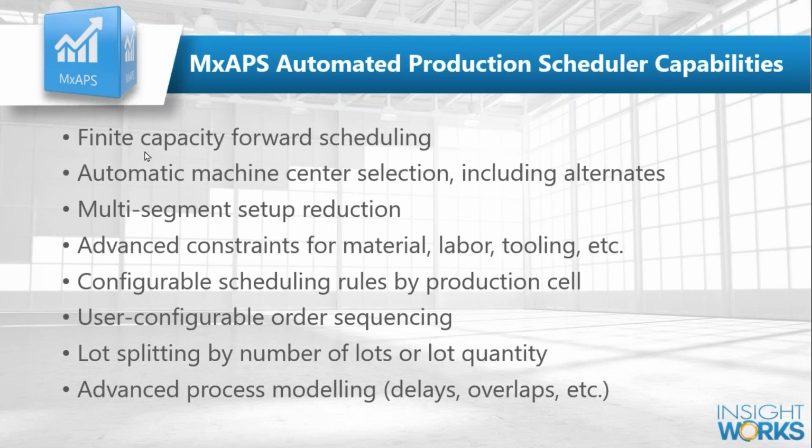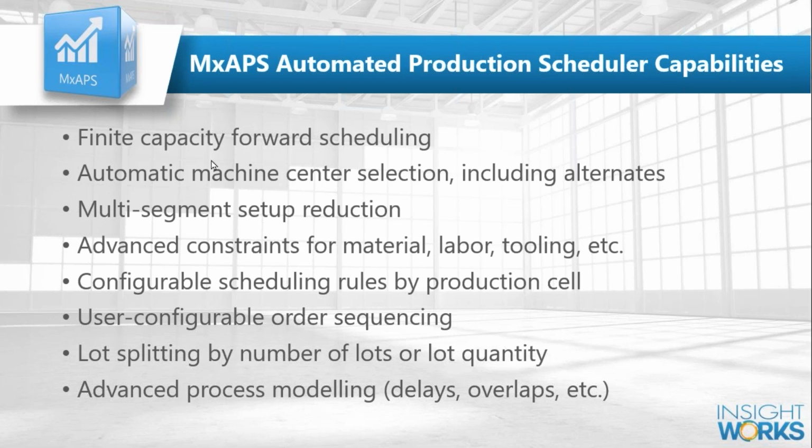So the way we do that in MX is a finite capacity forward scheduling. So what that means, Business Central is infinite capacity, or I prefer infinite loading, but infinite capacity scheduling, and it's backward scheduling, which means I say, hey, customer wants this December 15th. It tells me when to start, and that start date might be in the past, depending on how long it takes to manufacture that product. And it's not going to look at the existing load within my facility. I might have a machine center that says it needs to run 100 hours today to get all the work done. Well, that's not possible.